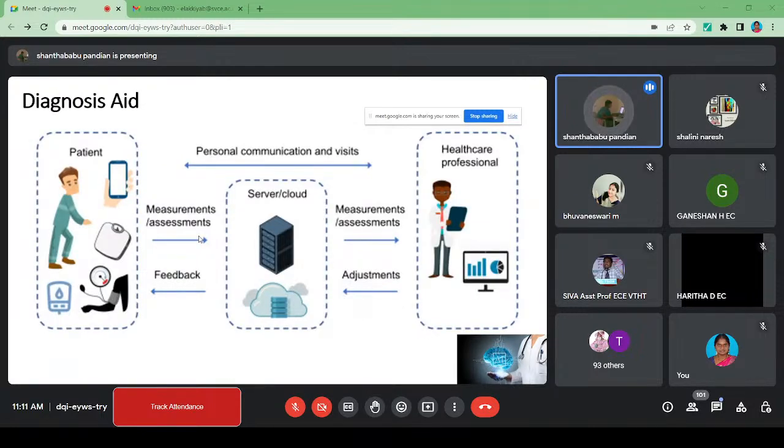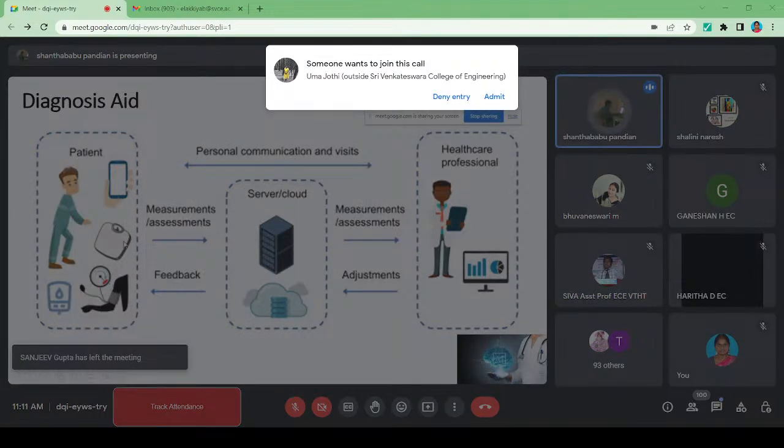And this is also another way of doing that. So the patients have to give their weight, blood pressure, everything, which is transferred through the mobile app. So that is given to the healthcare professional. The application has been built to give the instruction, so these healthcare professionals need to validate that and give the proper solution.